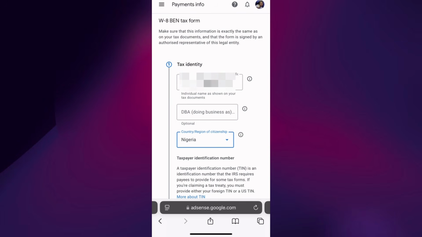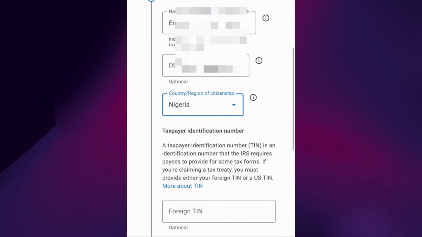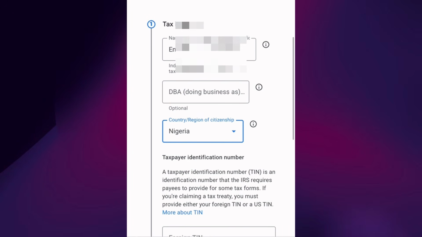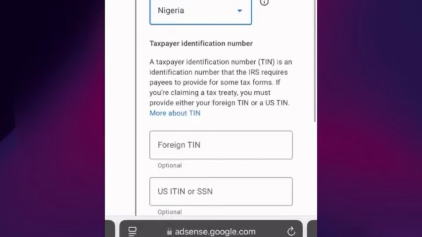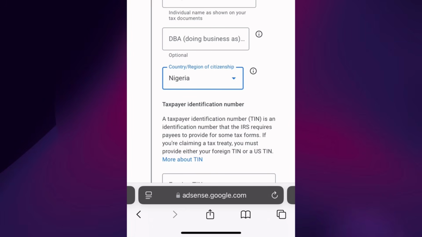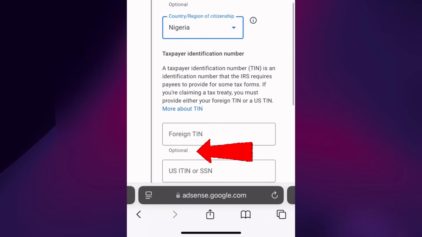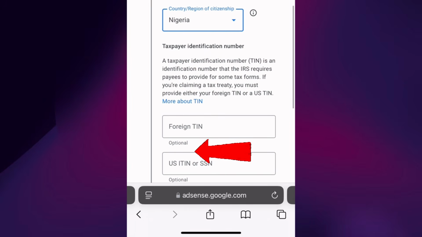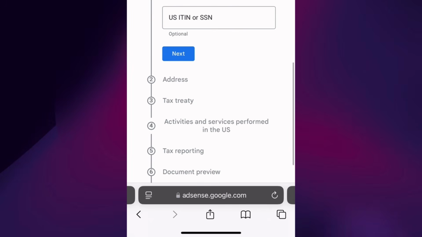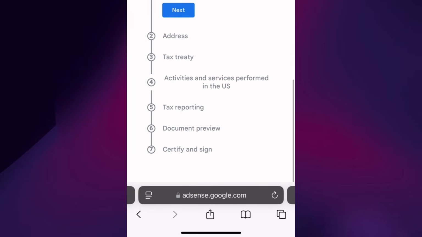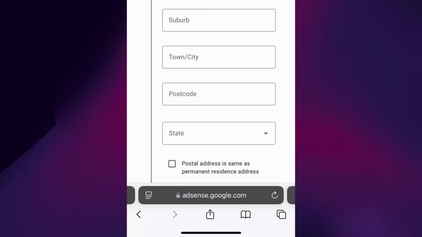Okay, now this is the main thing whereby most people say you need to get the TIN certificate. But for mine, I'm just going to show you how I did it. So now if you look into the column, you're going to see foreign TIN, right? And under it we have optional. So it is actually optional. If you want to put the TIN number, you can, and if you don't want to put, it is optional. Okay, so I left my own blank. All right, so just click on next, and then it will take you to the next phase of questions. I'm just going to click on next, and yeah, we have it.